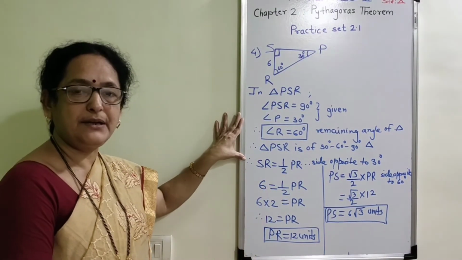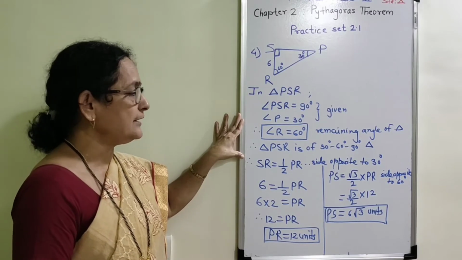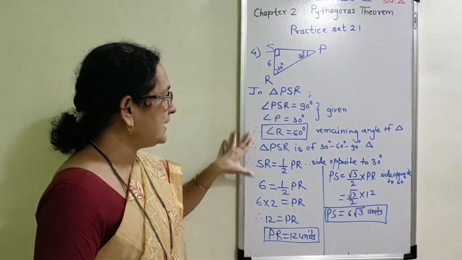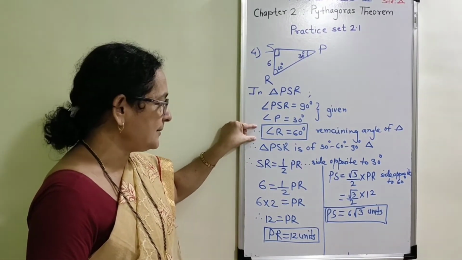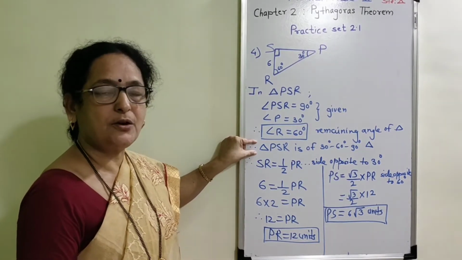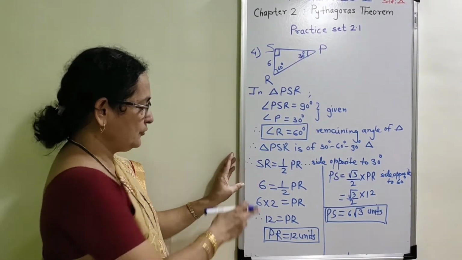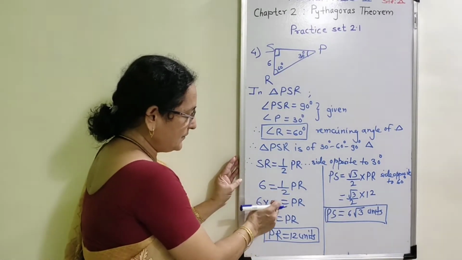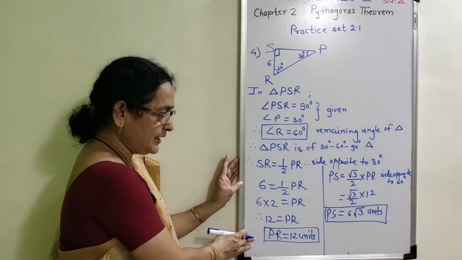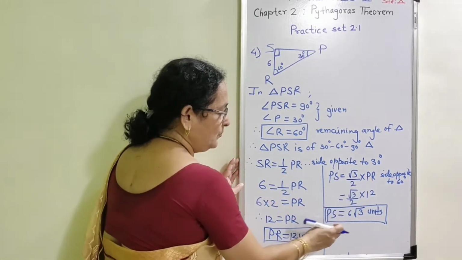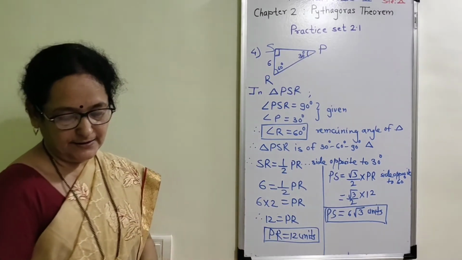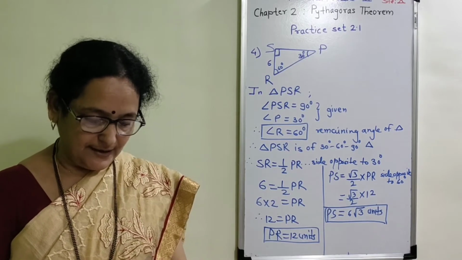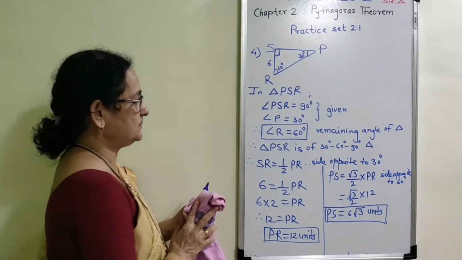Now this is the application of the 30 degree, 60 degree, 90 degree theorem which we have completed in 9th standard. Please remember that when only two angles are given, determine first of all that the given triangle is of 30, 60, 90. Here they have given the side opposite to 30. With the help of that, taking twice of it, we have found the length of hypotenuse. Then using the length of the hypotenuse, find the side opposite to 60 degree. Now example number 5 is given as an activity. I am going to explain that example also.